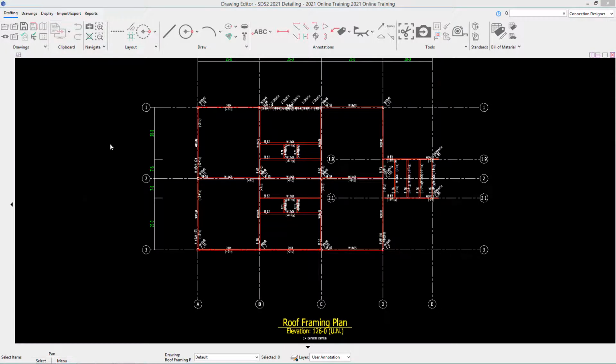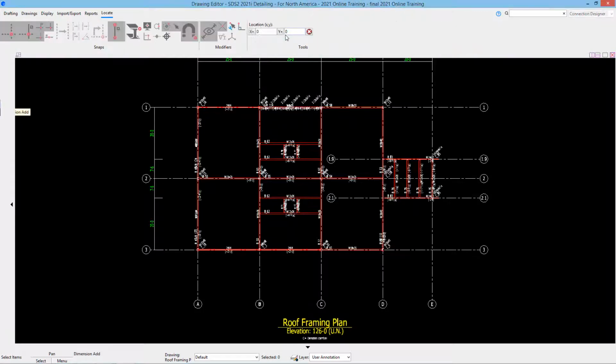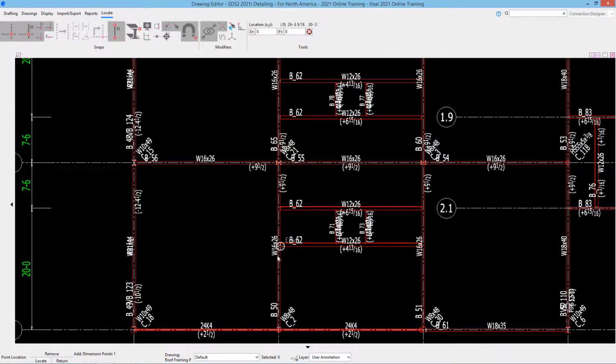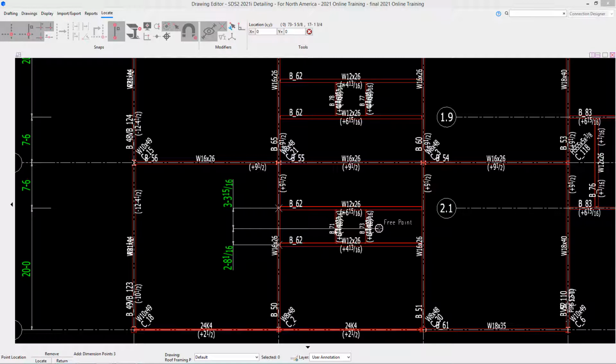Again, that Annotate Erection Views checkbox we used only adds the dimensions between the grid lines and adds our label. If you need to add any dimensions, we'll just use the Dimension Add tool, and you could go in and snap at your different points if you needed to, and get your different dimensions. Again, after you select your 2 points, locate, you can continue on that chain, and it can also split those dimensions. If you don't want that or you're finished with the command, you can hit Escape on the keyboard, or